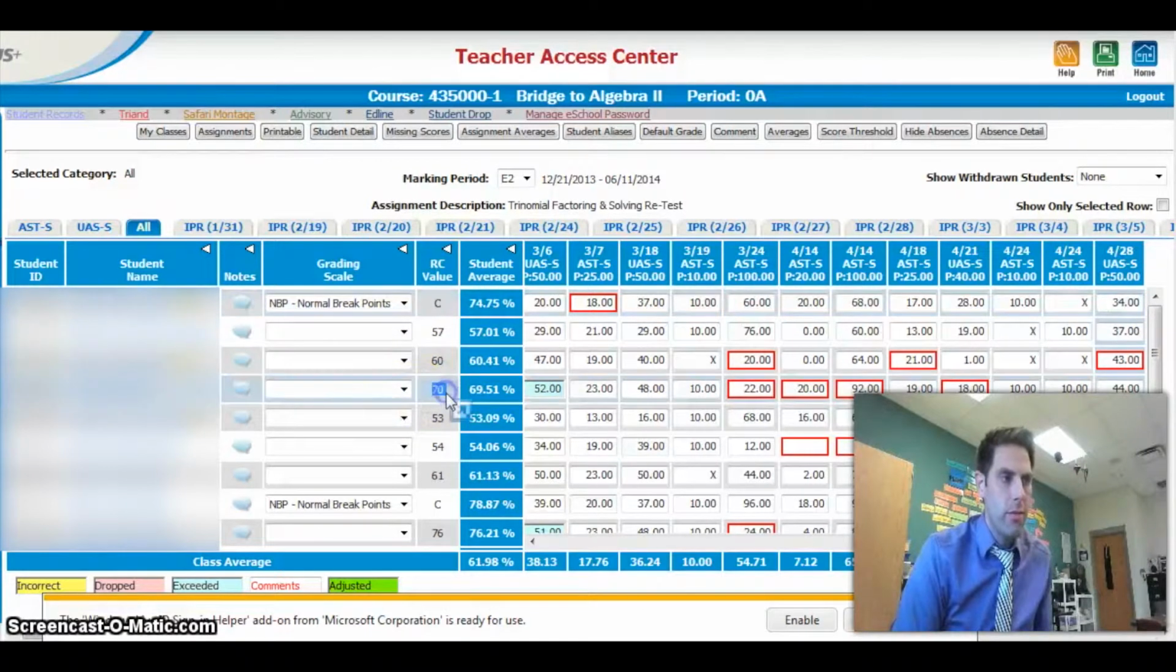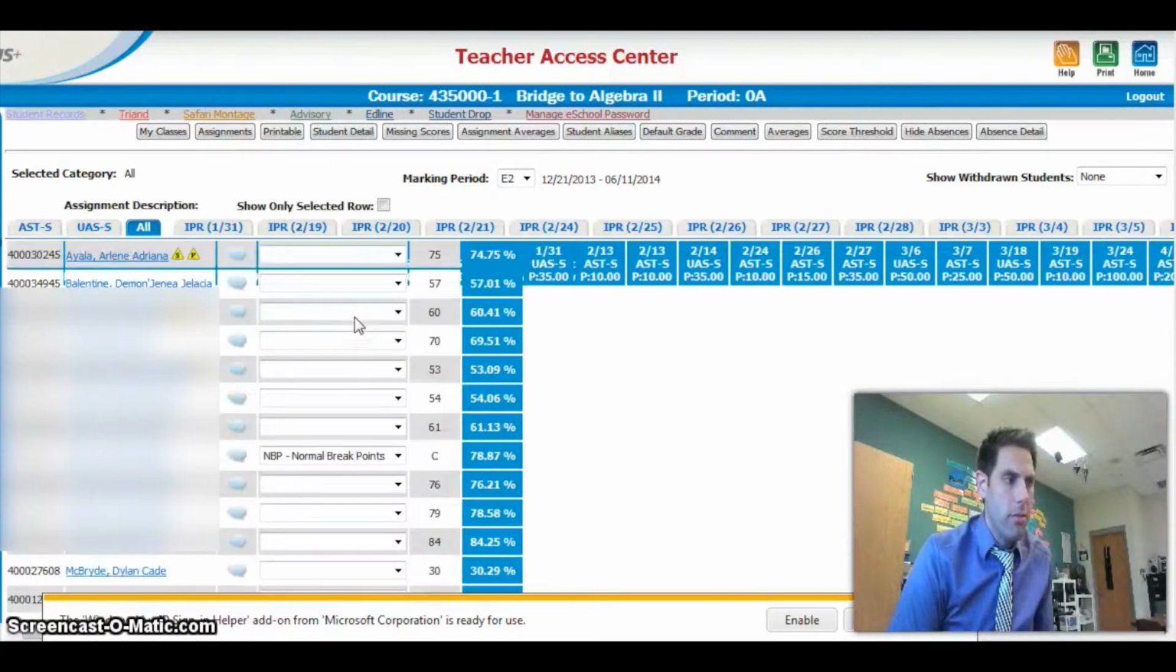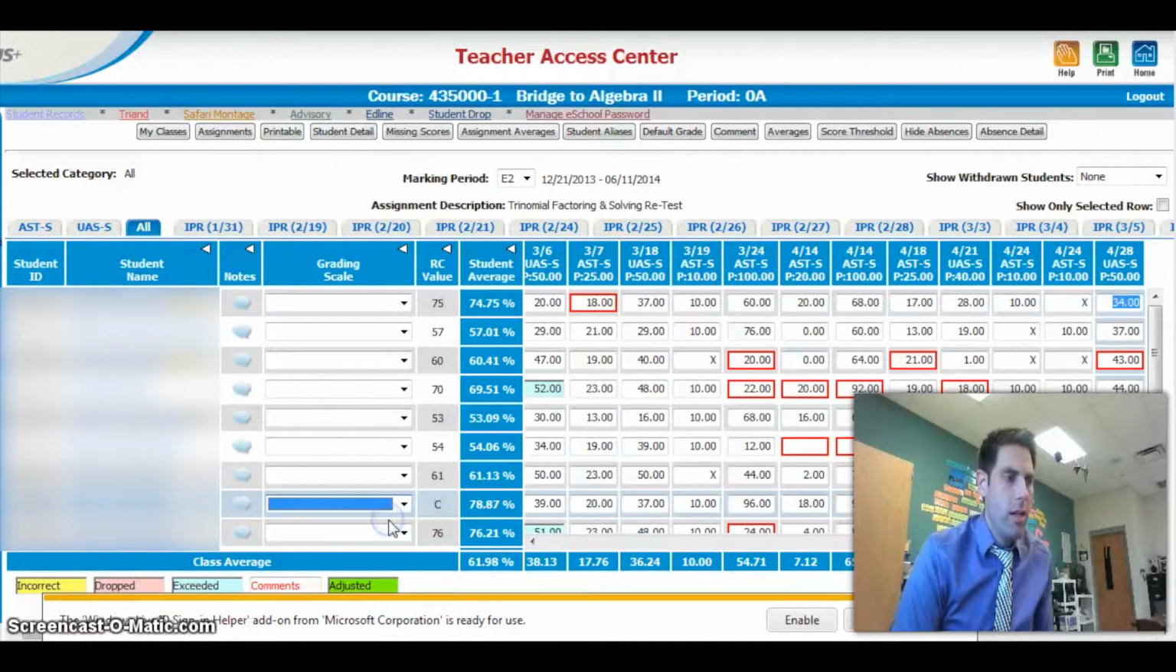Now it says a 70, it's rounding correctly, and that will go in his transcript as a C. You'll need to set that for anyone who's got a letter showing in their RC value column. It does take a second because the gradebook has to refresh between each one, but as soon as those are all clear,